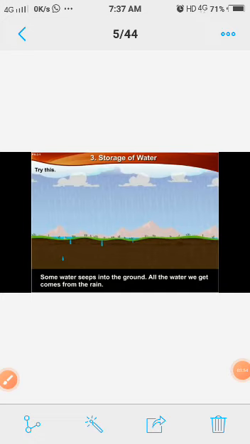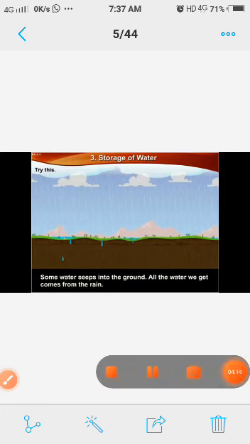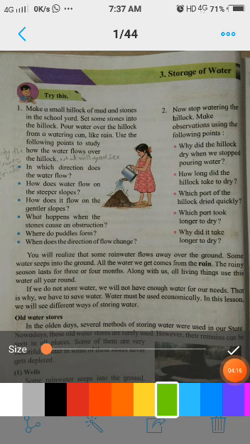Children, now you understood. You will realize that some rainwater flows away over the ground and some water seeps into the ground, and all the water comes from rain. Always remember, rain is the main source of water. We get water from rain. Now children, remember,